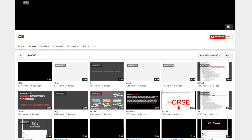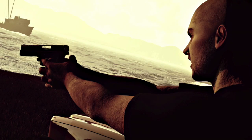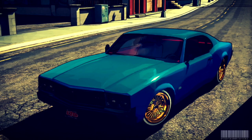I stated in my video the other day that it was interesting that the Buffalo 2 or Buffalo S was found within these files, but it certainly doesn't mean that it's going to be a lowrider coming to Benny's. And what's interesting is that XXII, this guy has been spreading massive rumors about city expansions to Las Venturas and San Fierro. And another thing he's brought up, which is pretty interesting, is actually this photo right here, which is